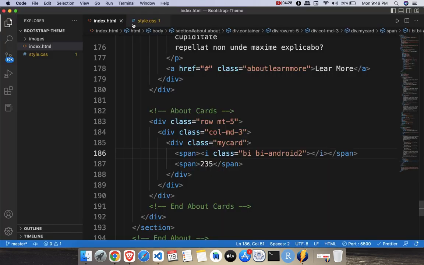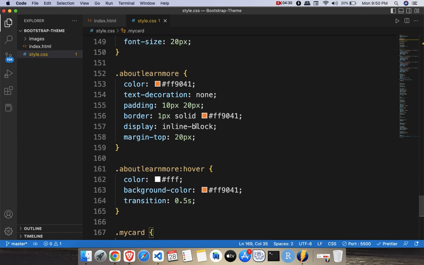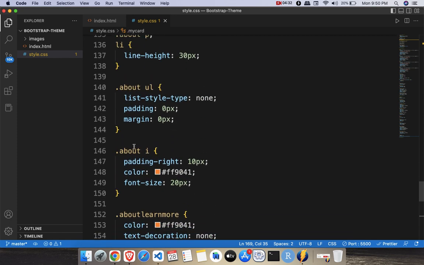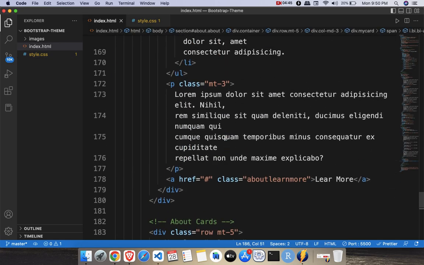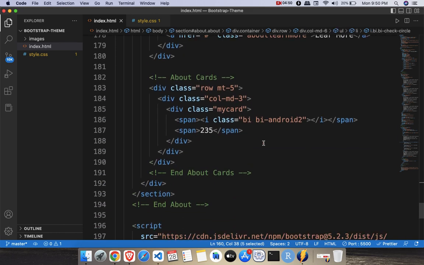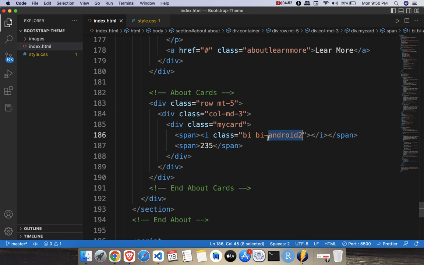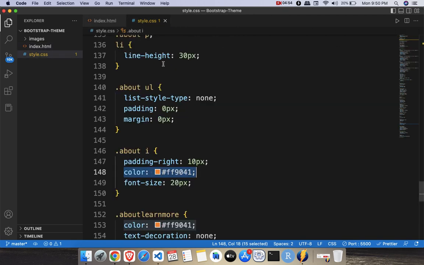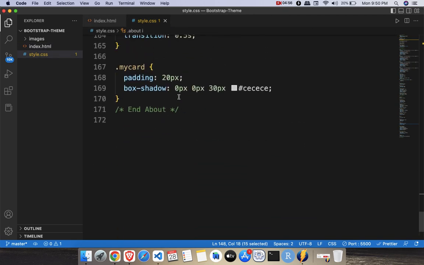Because if you observe your CSS file here, somewhere in the about class, wherever you will find the i tag, you have given certain properties to it, right? So it is overlapping that property. The i tag which we have used for the bullets here, the same properties are applicable for this, but you want different properties. So what you can do, you just come to your style, write your class name, that is .my-card,